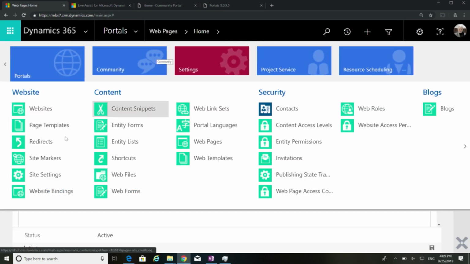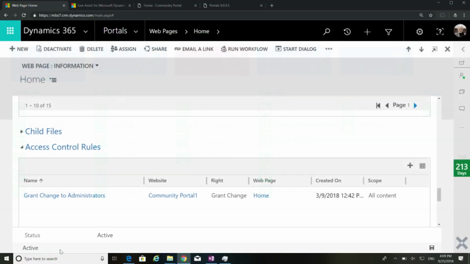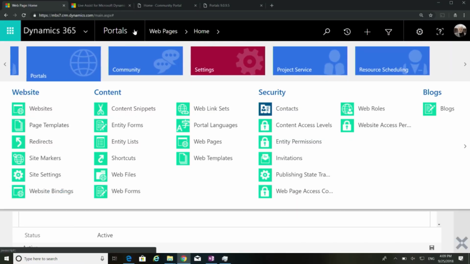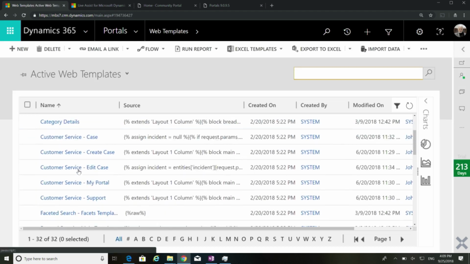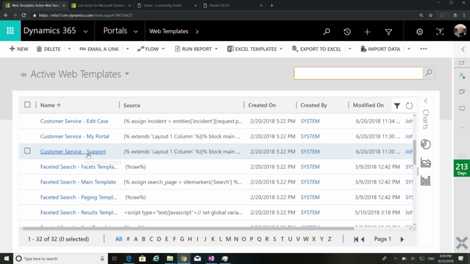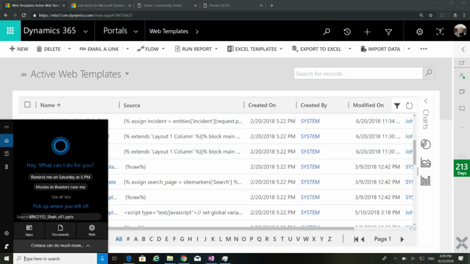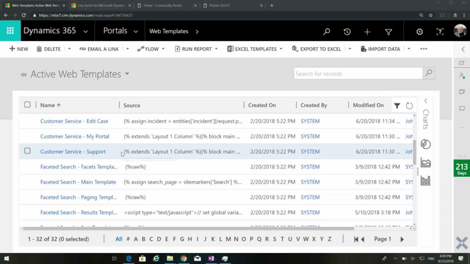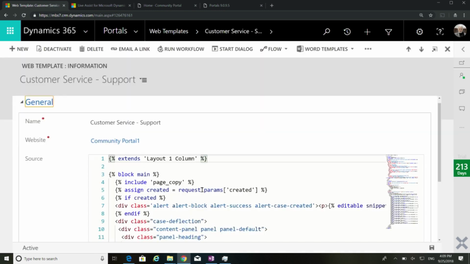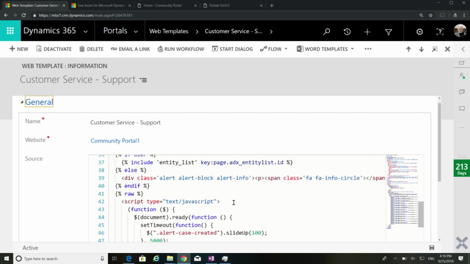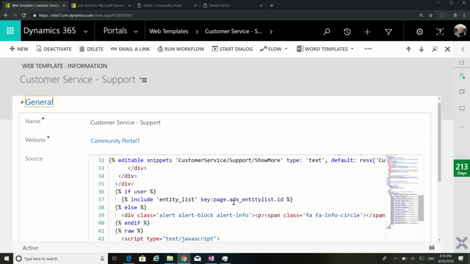So I'm just going to open my page template here. This is what is doing all the magic there.